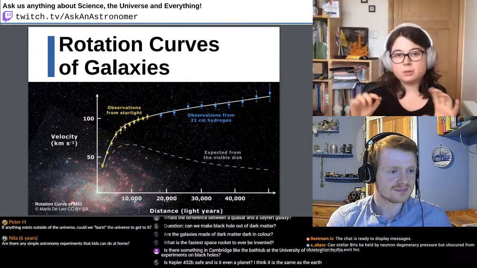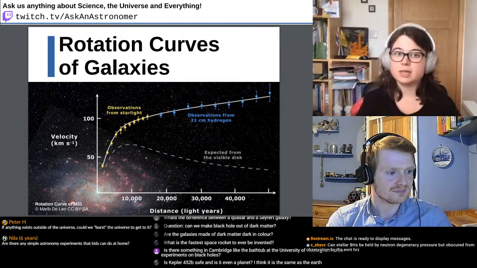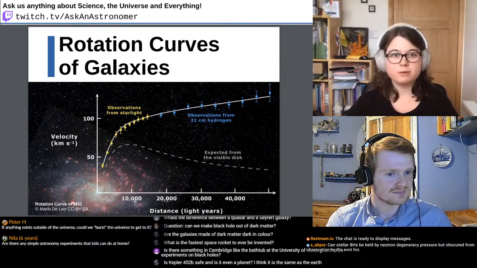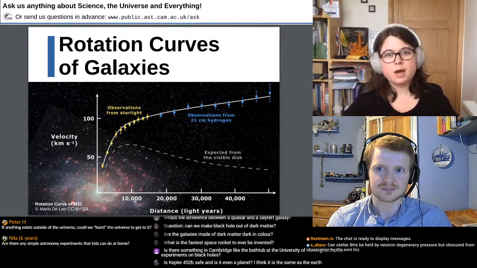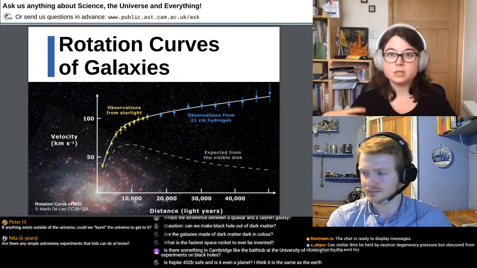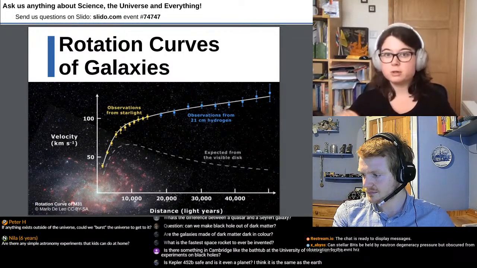But so we would expect it to do this dashed line, as we can see on the screen here. That's what we'd expect to see, it just drops off. However, when I think it was Vera Rubin that observed these, I think there were multiple people that observed these, when they observed the rotation of these galaxies, what they actually discovered was that as you went towards the outer edges of the galaxy, their rotation didn't drop off, and this actually increased a little bit or stayed constant to several